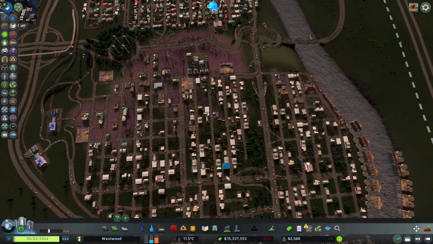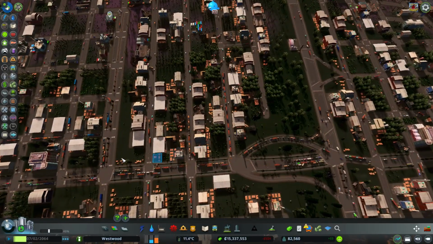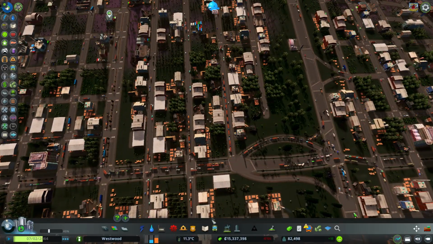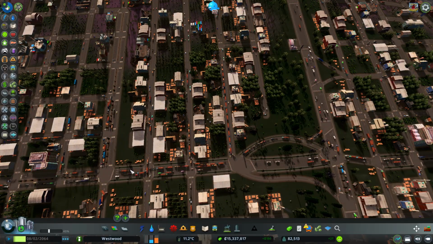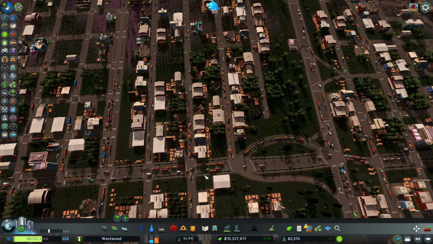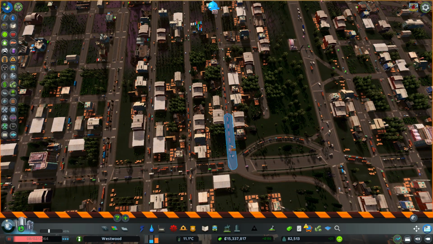So if I want to make this more of a through road, I want to keep this side, I think. But you see how this is congesting? So let's pause. We're going to break this out. Okay, we're going to leave that, of course. I think that's going to be a 6 lane because I think I want the lanes to turn left and right. Yeah, mainly left because they're trying to get out of the area. All right, so